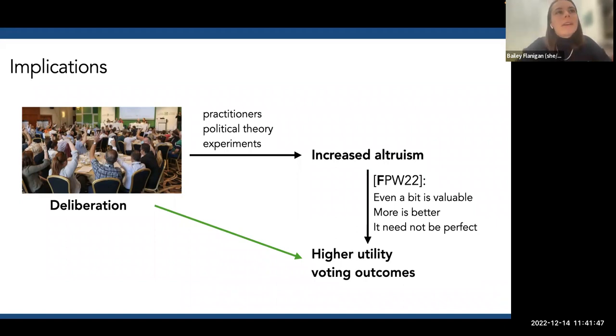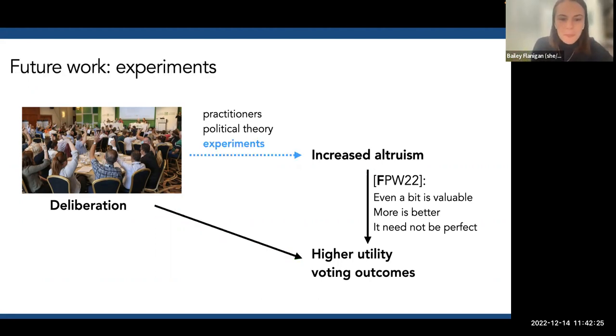And this I think is kind of nice because in TCS, it's not always obvious how to use TCS to study these really real political systems that involve people. But this edge on the right here that we've studied is really hard to study in practice because you can't observe people's utilities. So it would be really hard to experimentally test this because you see the outcome of a vote, but you can't really observe the counterfactual. And so one of my takeaways from this project is that this is a really nice role of theory: looking at these stages in the process that you can't study with experiments because you can't observe counterfactuals.